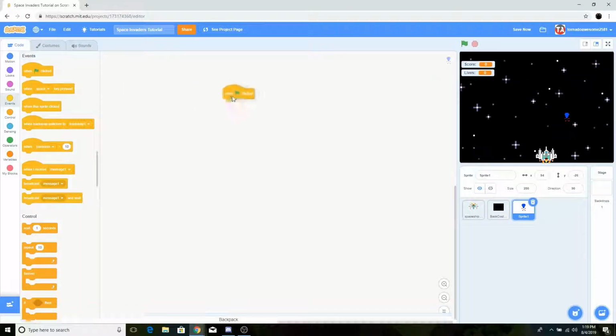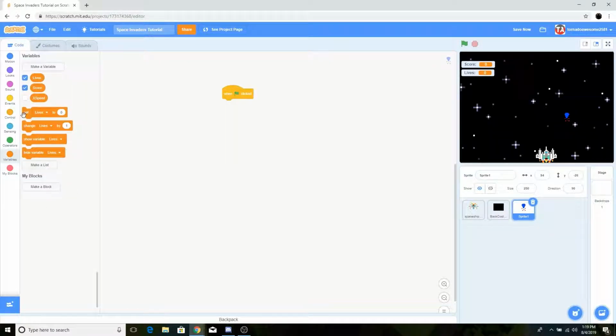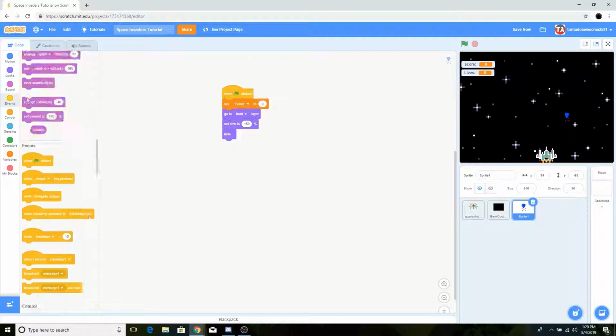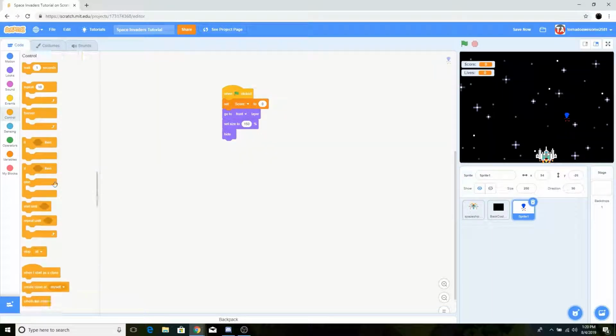events, when flag clicked. This is where we're going to do everything with the variables. So we're going to set score to 0, and then we're going to want to go to looks, and then go to front layer. And we're going to want to set size to 150%. Then we're going to want to hide it, because we're going to be making clones of this one right here. We're going to be making clones of this that are going to shoot out and have physics and stuff. And then we're going to want to add a forever loop, so control, forever,